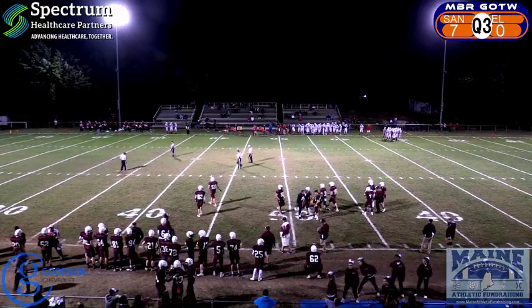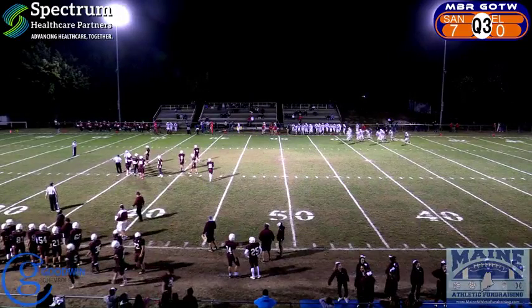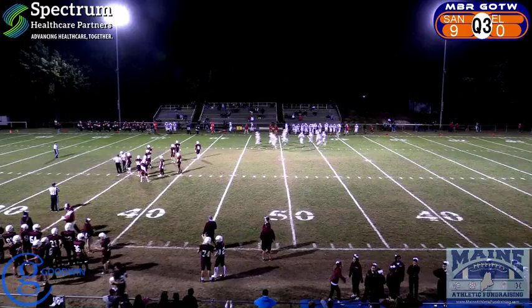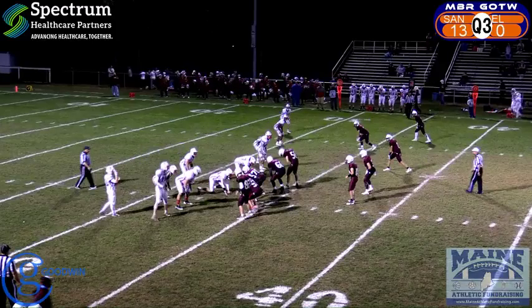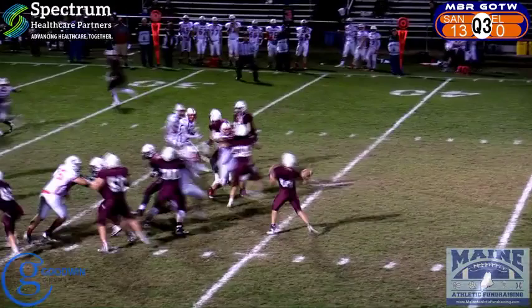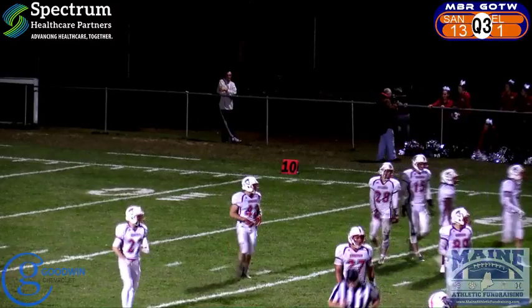Dave Wing alongside Jeff Benson. Let's set the stage for you. Edward Little with a great answering drive to make it 13-7 with the extra point. And now they're third down and 5, I'm sorry, in probably a 4-down zone. Girardin going to fake. He's going to go wide outside, and the ball is, again,